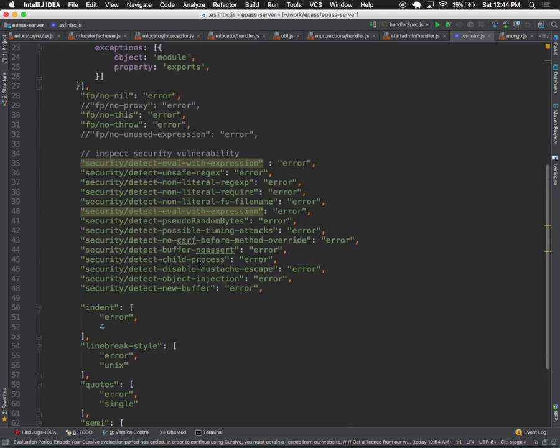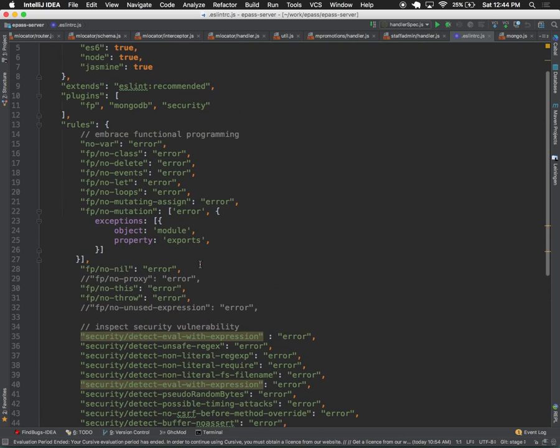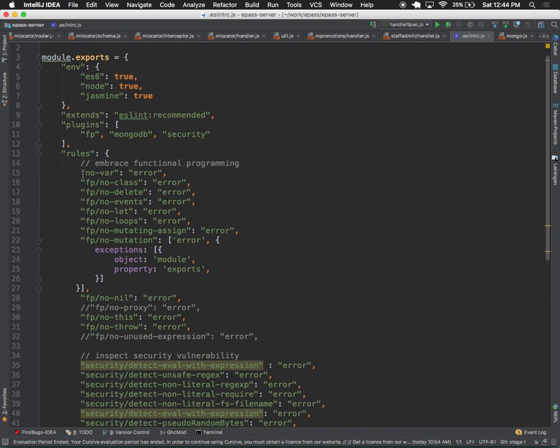So it focuses on different activities. Like this is the FP plugin: do not make use of var, class, events, no deletes, no loops, only use map and reduce. So when you write a for loop, it will tell you to use some other function, like map.